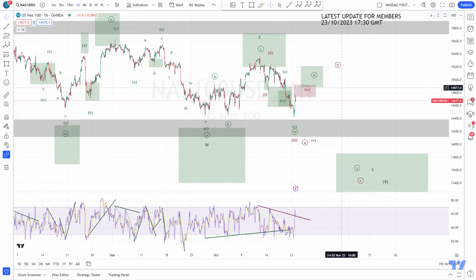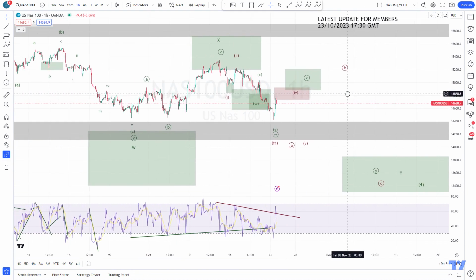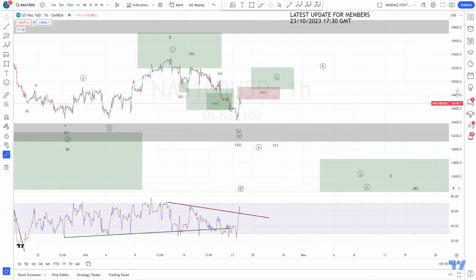So actually, we might already know by tomorrow, because if this happens, it will be impulsive. So we can already know by tomorrow if we do not react from this wave 4 area, or also not from the 0.5 Fib retracement level, in my opinion, even now, like, the reaction from the